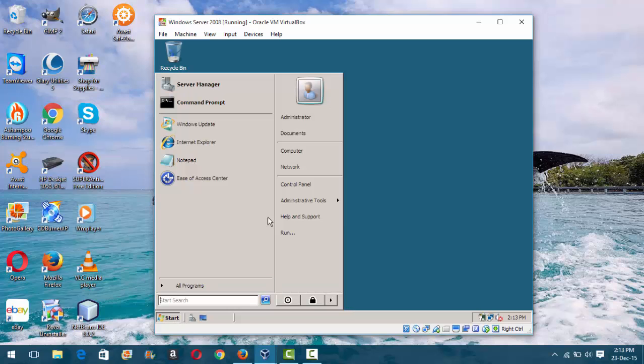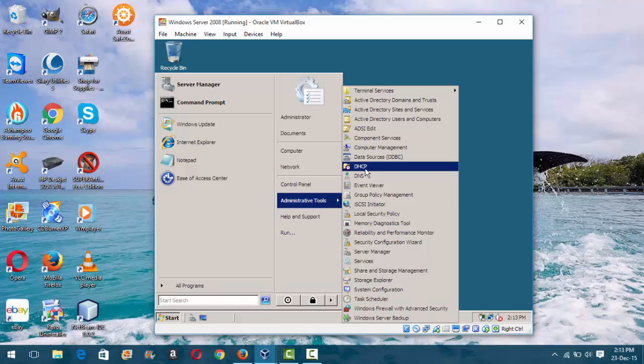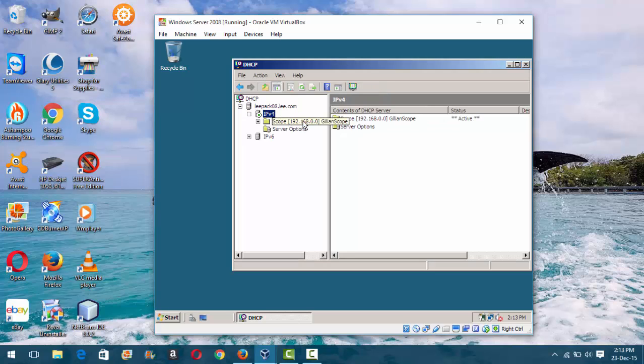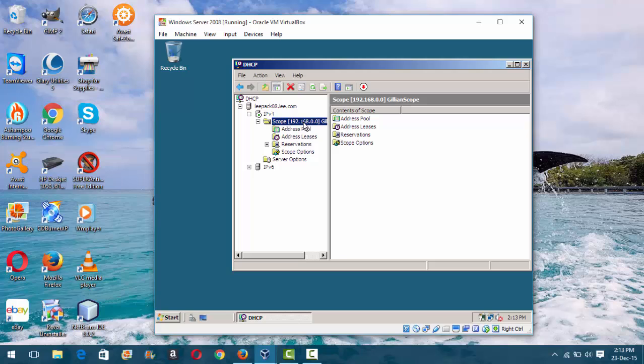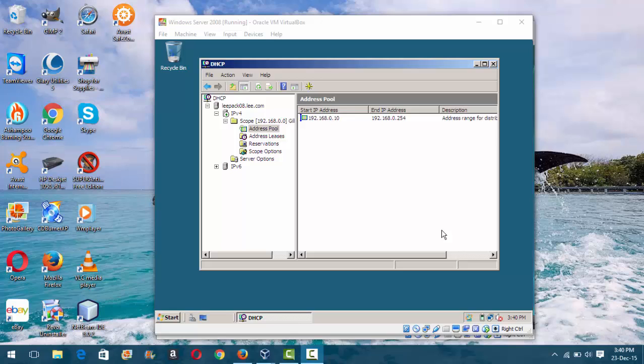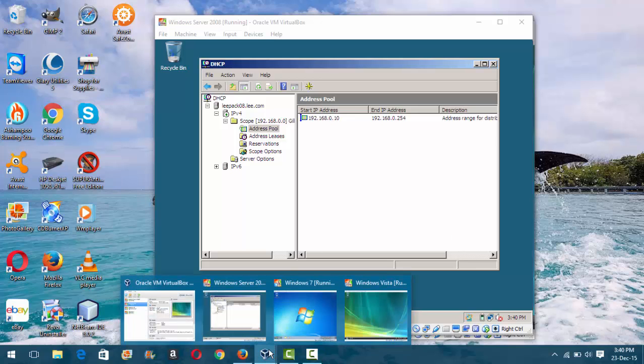Next, go to Start, Administrative Tools, DHCP. Expand Server, expand IP4, and then click on the scope. Here shows the address pool, the starting IP address and the ending IP address. Address leases is empty for now. I will now switch to my Windows 7 machine